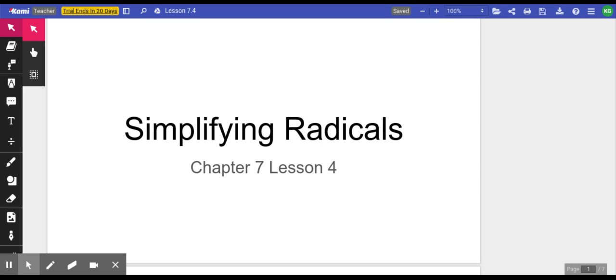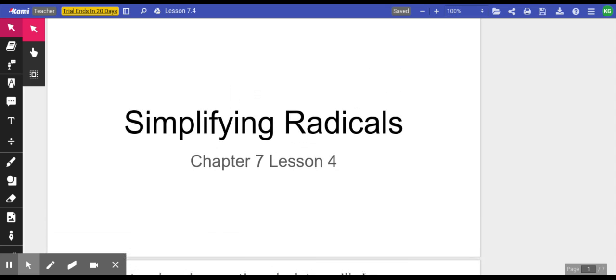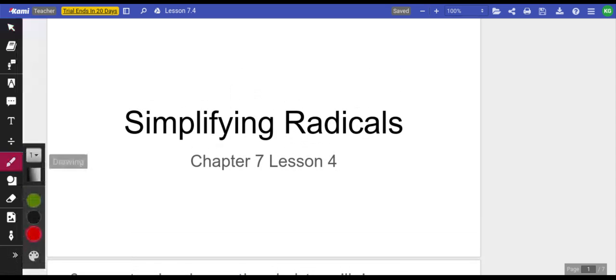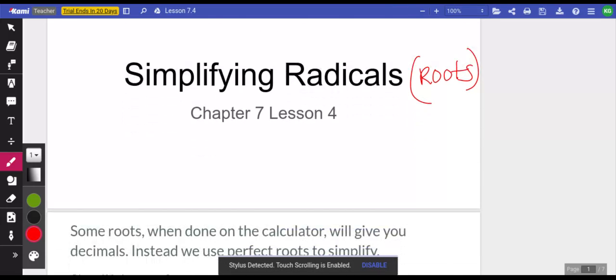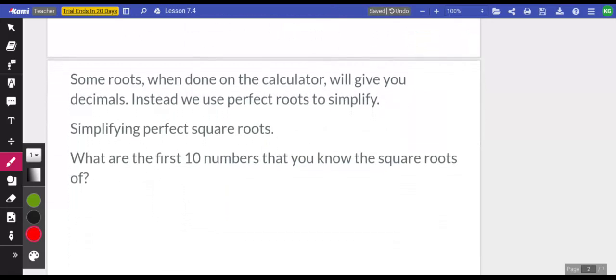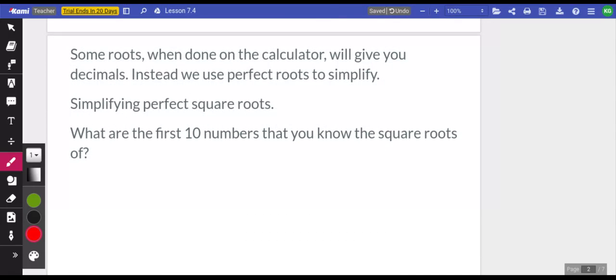Chapter 7, Lesson 4 is simplifying radicals. Now, what we need to know is that radicals means roots, like square roots, cube roots, fourth roots, roots. So sometimes when you do roots in your calculator, you will get decimals, and we don't want that. So what we're going to try to do is use our multiplication to break up numbers into perfect squares and